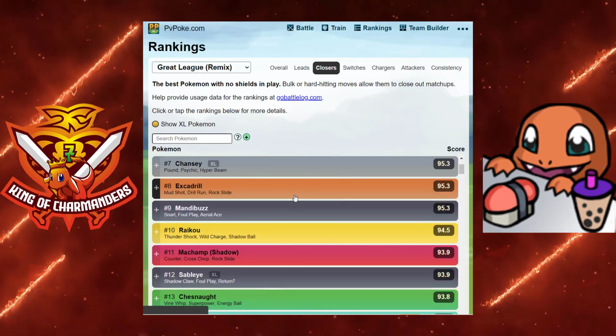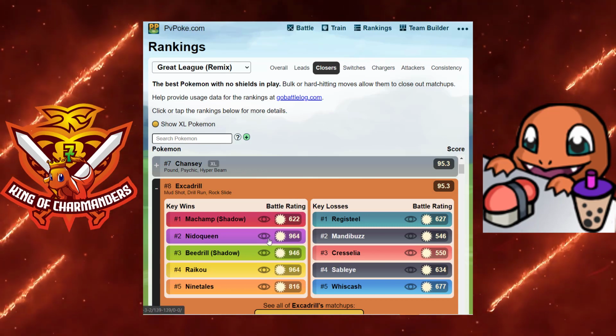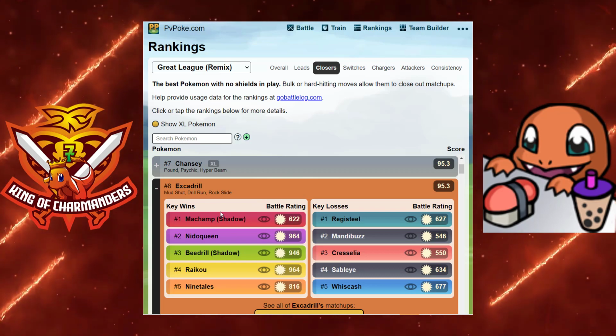Some dark horses: Extra Drill can be really good in the closer because of Drill Run and Rock Slide. Drill Run takes out the poison types. Rock Slide takes out a lot of the ice, like Abomasnow, Regice, etc. However, what makes it kind of